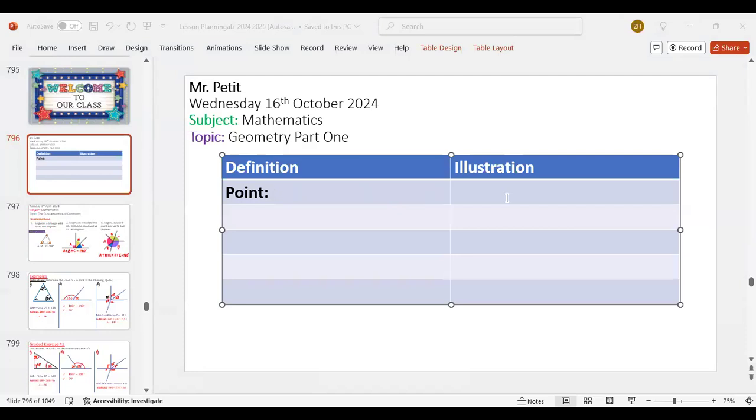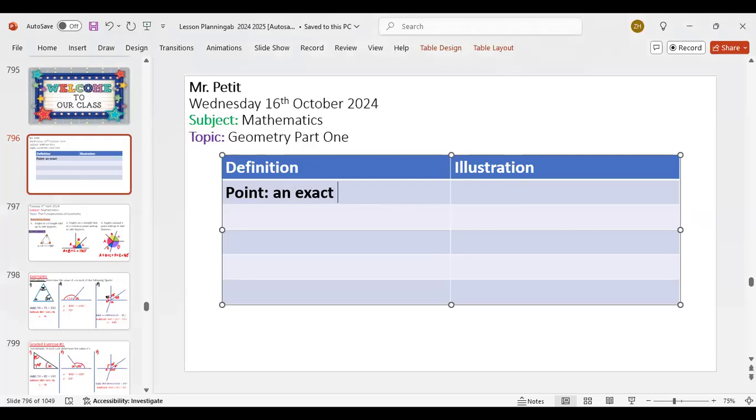So when you're doing coordinates, you have the x-axis, the y-axis, stuff like that. A point tells us location. So let's write that down. A point is an exact